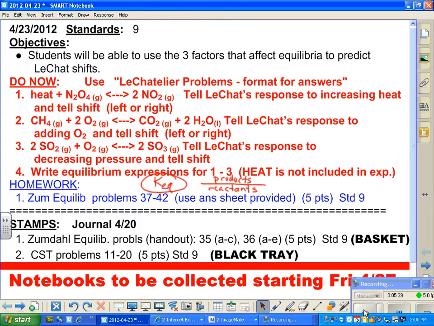Okay, so moving to the side with more moles. Now, if you count these moles up, the left side has 2 for the SO2 and 1 for the oxygen, and that's 3 on the left, and the 2 SO3 on the right means there's 2 moles on the right. So we could write this down as 2 moles here, and then we got 3 moles over here. And let's write it as moles. Okay, so now that we've got that settled, it's pretty easy. Which side has fewer moles, left or right? Fewer moles. The right side. So this is a shift to the right. And the reason you guys missed this is because you didn't go through this little logic here. So this is a right shift. Okay? And that takes care of those. And we are not going to have time to go through the